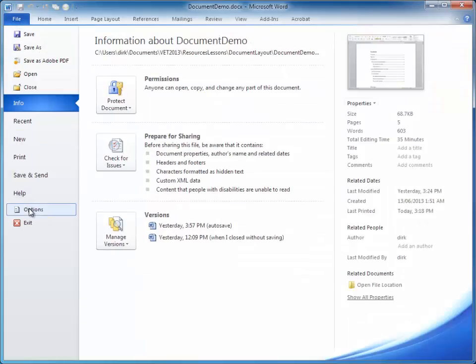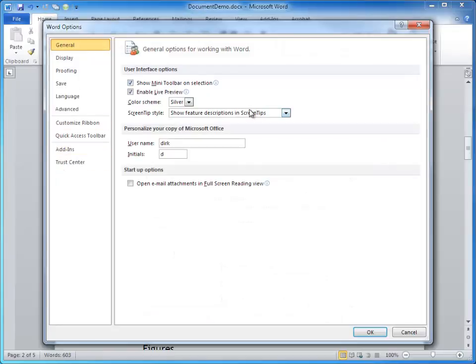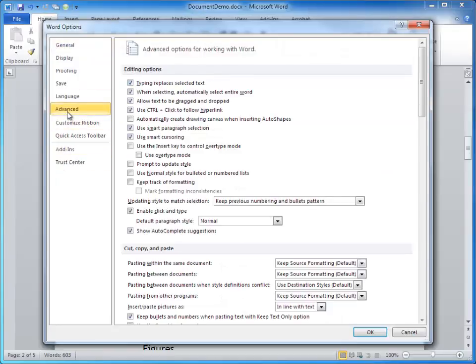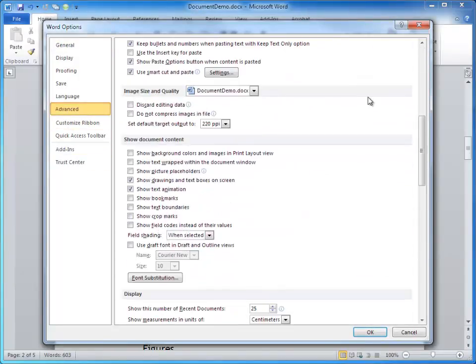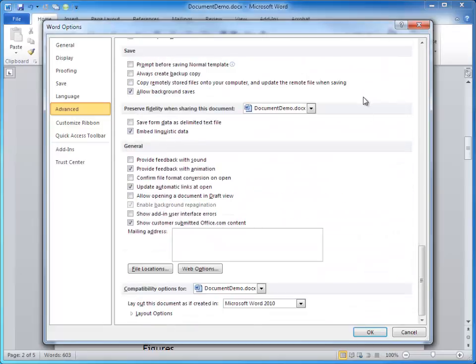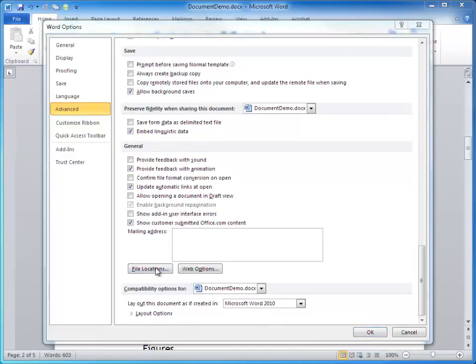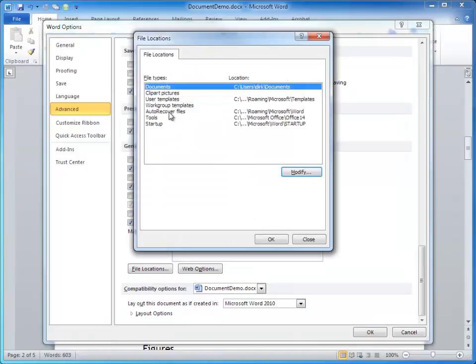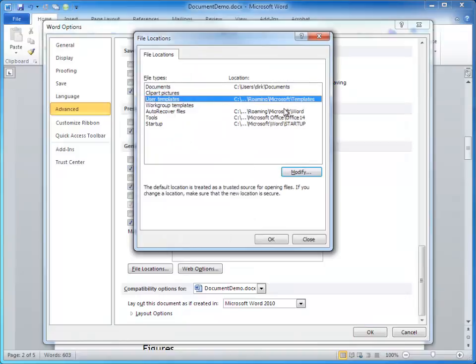and then we go to Options, we go to Advanced, and then we go all the way down and we select File Locations. Now there you see User Templates, and as you can see, it is somewhere saved in a folder roaming Microsoft Templates on the C drive. Now we have to modify that,